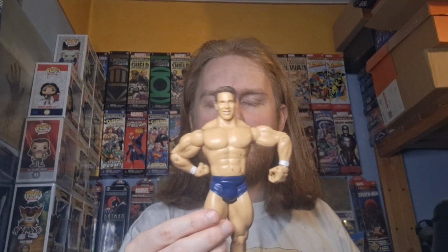We've got the Jakks Pacific John Bradshaw Layfield. We've had this quite a few times now. I don't really know how I usually get rid of them. We've got a